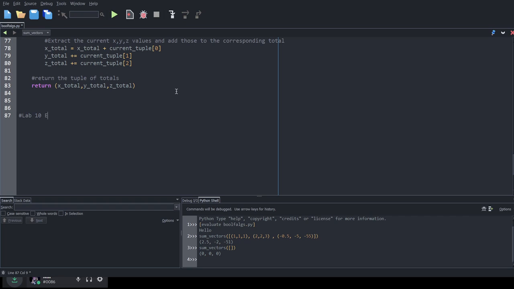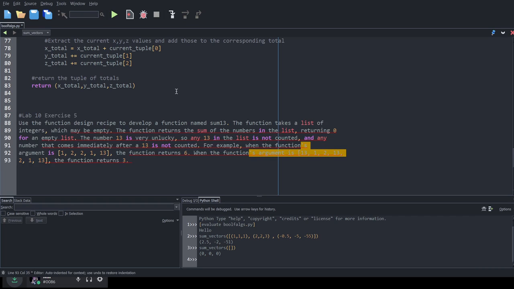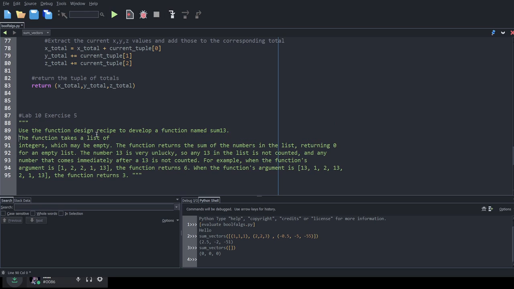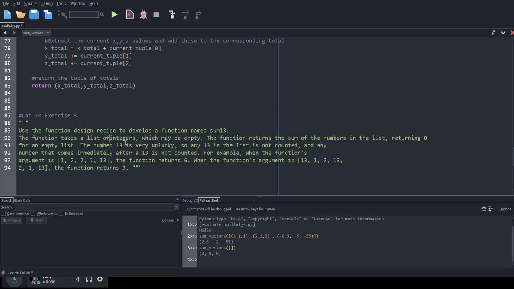Lab 10, exercise 5. But I'll need to do a little bit of a variation because I'm not allowed to directly give you the answer. So instead of 13, we'll use something like 5 instead. So instead of sum 13, let me just format this question out.